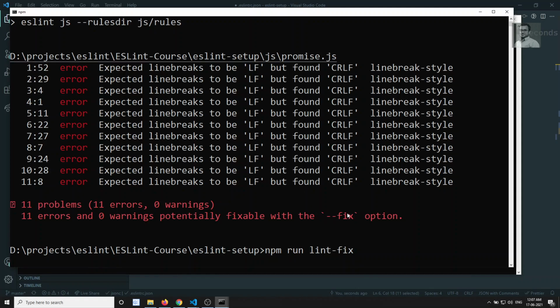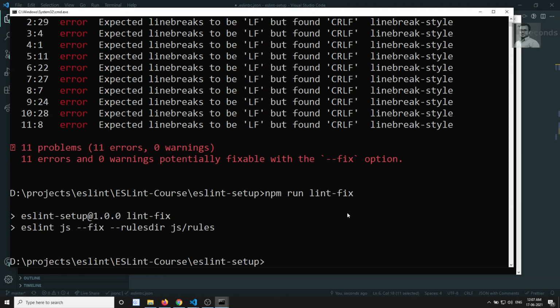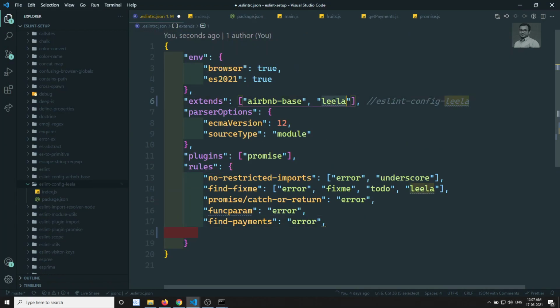So like this we will be creating a configuration file and we can share it. Now you can share that ESLint-config-lila with all of them. You can publish it to npm and share it, so that everyone who is using the application, if they want to use your config, can extend it here like this, Lila.